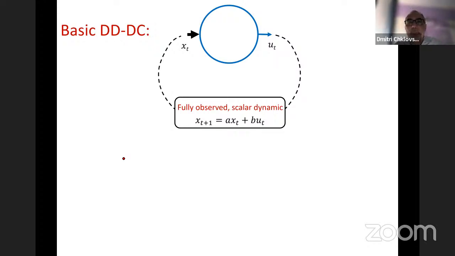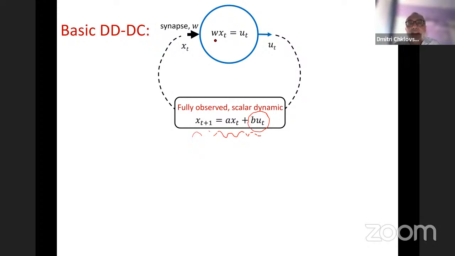This is our loop with a neuron in it. In this case, we model the environment with the simplest possible model, where the state is described not by a vector, but by a scalar. So x_t is just a scalar, and it evolves in time based on this factor a, which can be greater than 1, leading to instability. So x_t increases exponentially by itself. The goal of a neuron, we hypothesize, is to suppress this instability and stabilize the system using this control term B u_t. Of course, to do that correctly, we need to compute the appropriate control law,